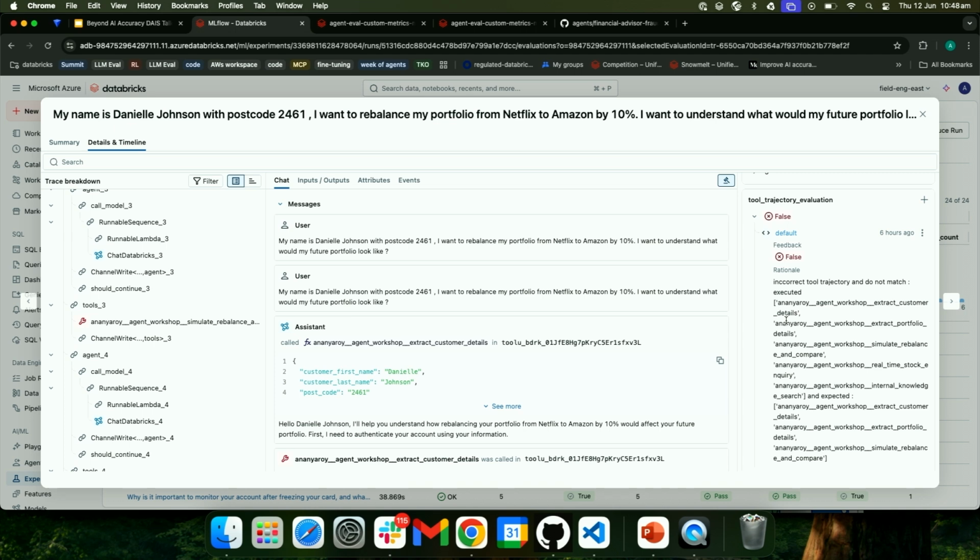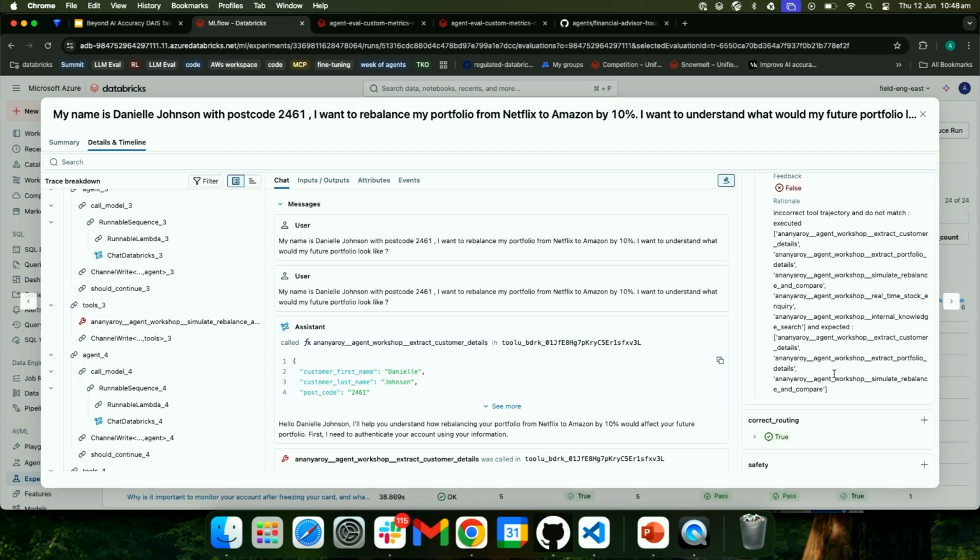Now there are a number of ways which you can create your ground truth. You can take help of an LLM judge, or you can create your own bespoke ground truth data as well. So there is no problem in that. For this use case, I have said that if the question is about portfolio rebalancing, then the expected flow is that you would authenticate your customer, then subsequently extract your portfolio details, then you would be performing a simulation of